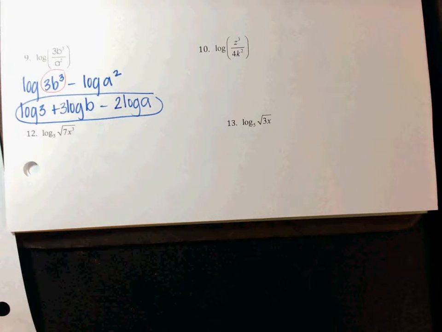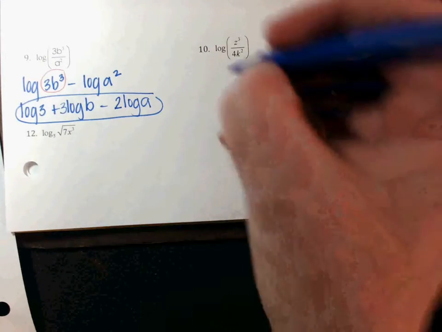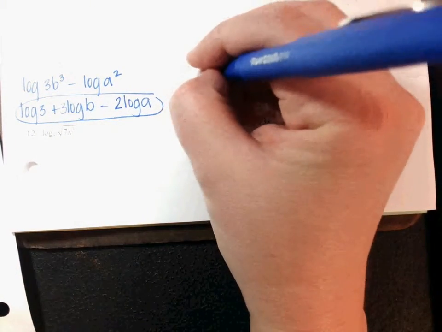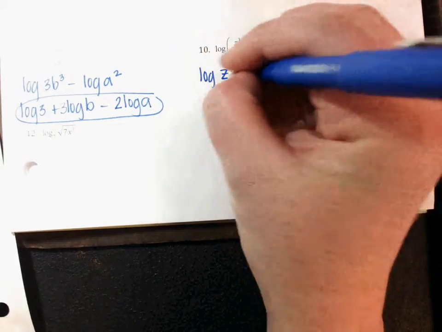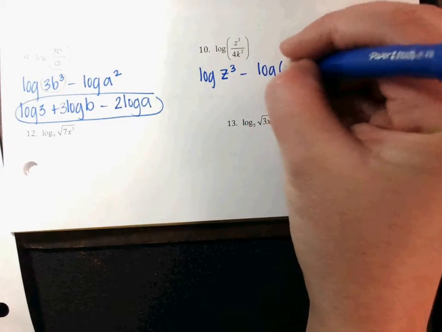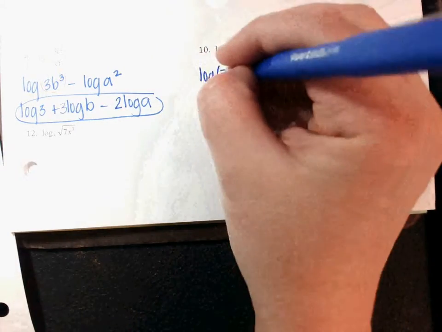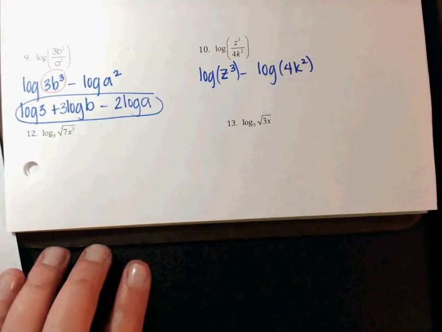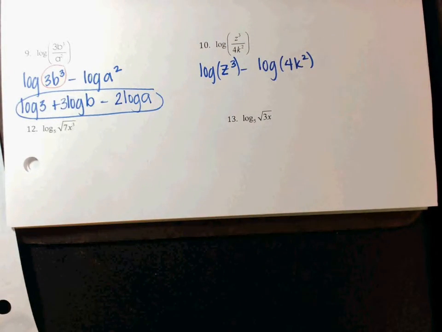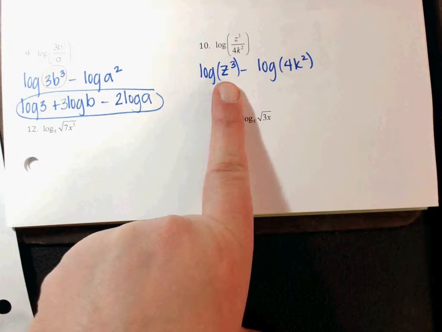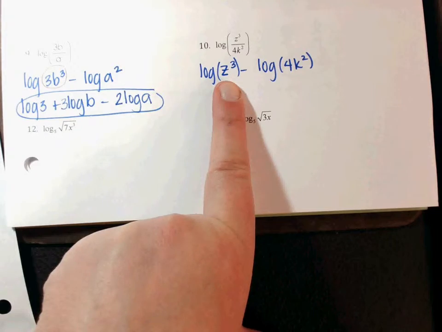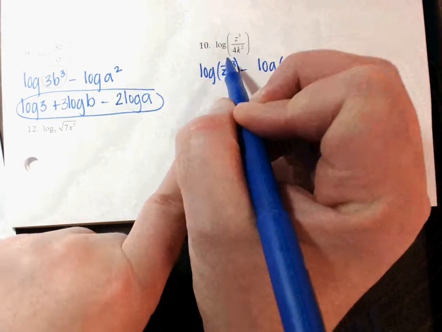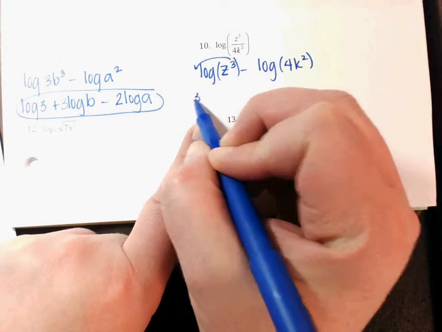Okay, last one we'll do together. Look at number 10. Split it up top and bottom first. So it'll be log z cubed minus log 4k squared. And then after I split it up top and bottom, I'm going to split those pieces up if I need to. So my top, I just have one thing to move. What is it? The 3 can move down to the front, so it'll be a 3 log z